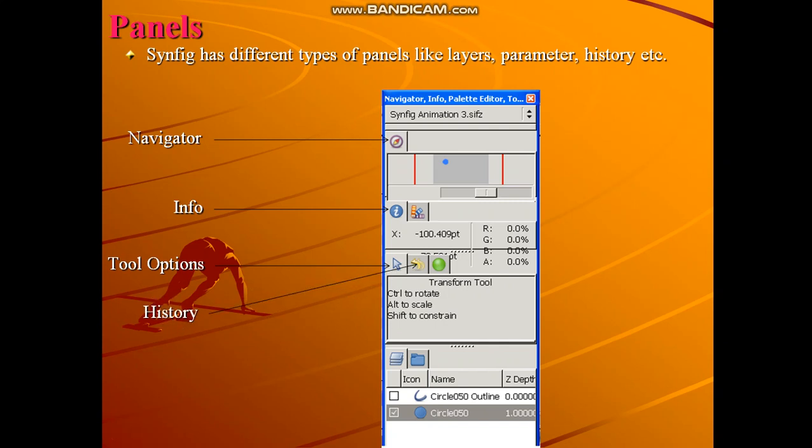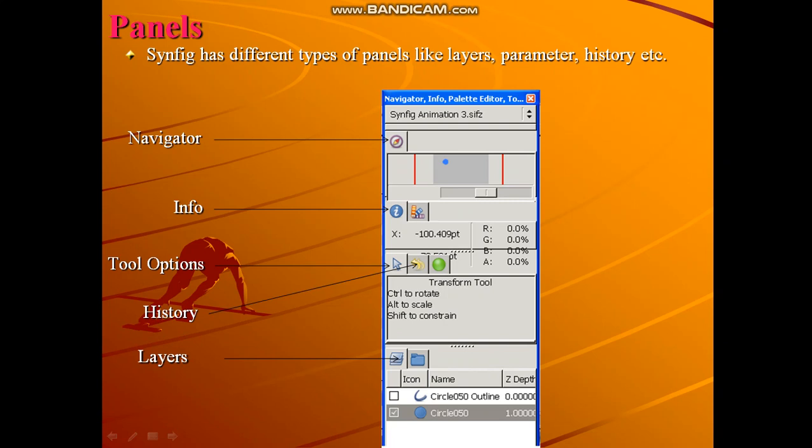Next is the history panel. When you make several changes in your animation, all the changes are stored in the history panel, so you can undo from here. This is known as the layers panel.